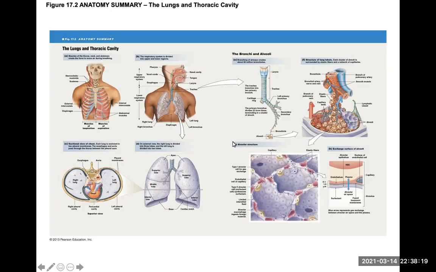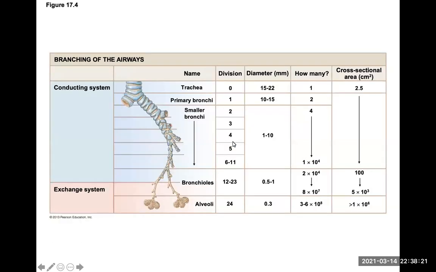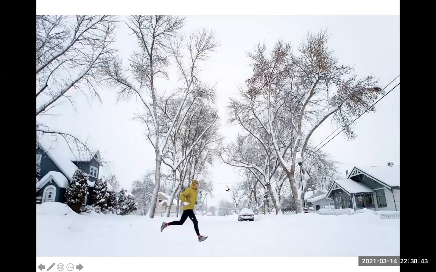Okay, so now that we're done with the basics on the anatomy, let's continue on. Actually, this is a really good picture. Let me just briefly stop here again. The splits: you've got primary, secondary, tertiary, bronchioles. Now you can see that the blue, which was cartilage, is now gone in the bronchioles, and then the alveoli are going to be the termination of the airways. Okay, so let me jump back real quick